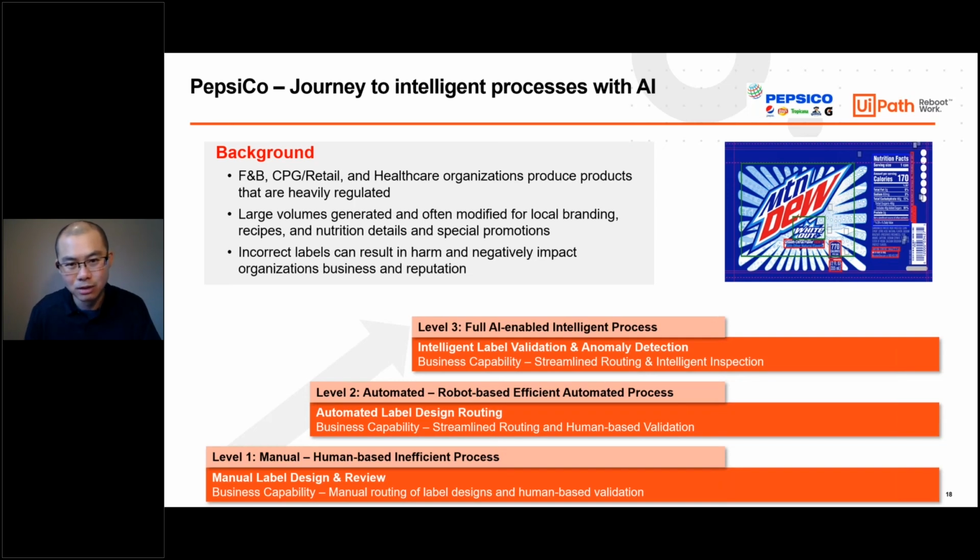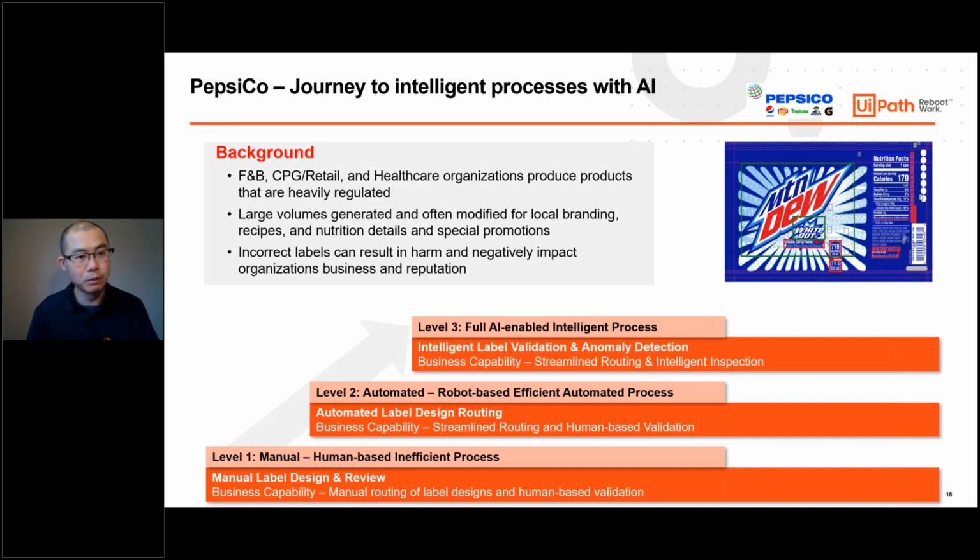You can see this Mountain Dew label, in this particular case, says it has 770 calories on it. I sure hope that's an error. In this case, obviously it is an error. These are the things that need to be caught early on in review. You can imagine humans doing this, very prone to error and very manual, but this could be a perfect application for computer vision to look at this, read the labels, and verify whether or not this is actually correct.